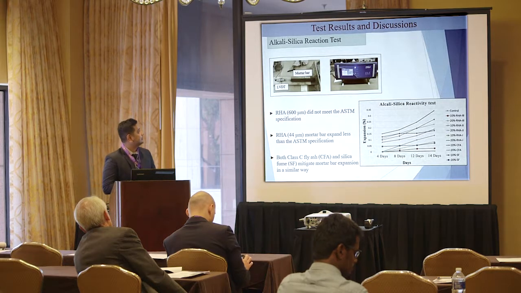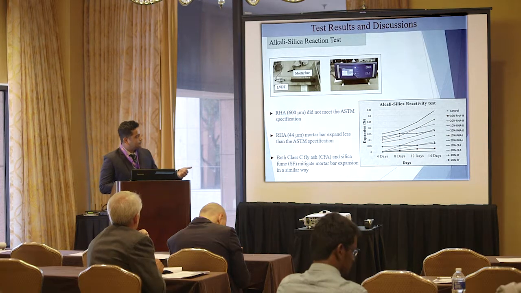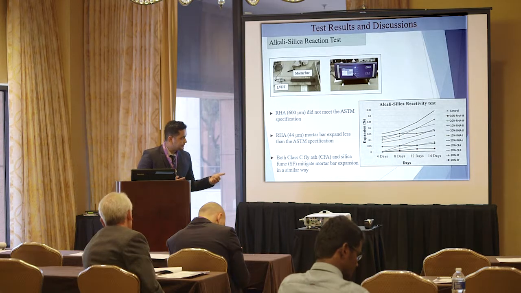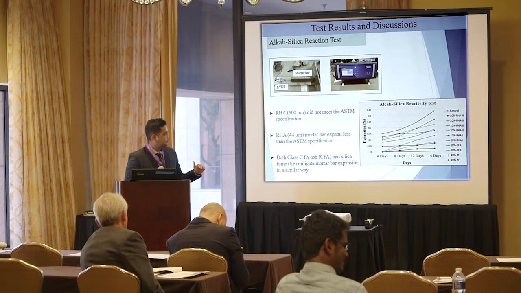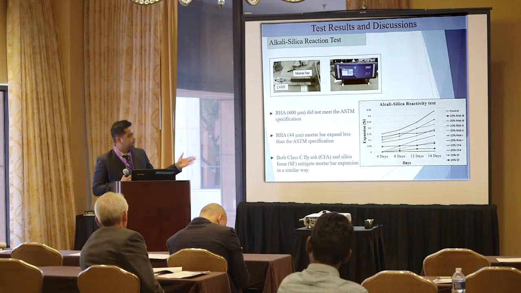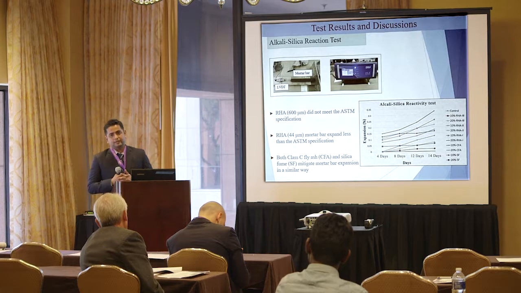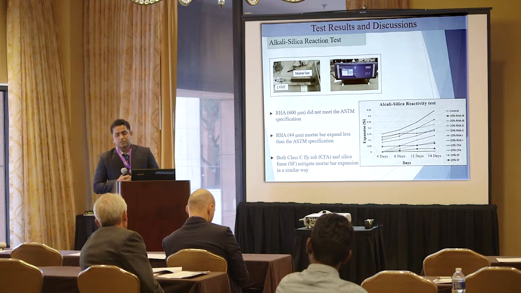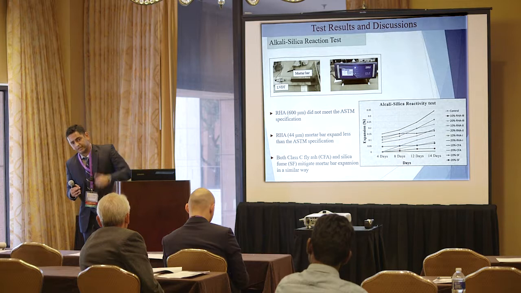And this is the alkali silica reaction test. From the graph, we can see that 10% RHA3 shows less expansion in the presence of alkali. And this also means that if there is alkali in the concrete, using this finest RHA in the concrete mix will reduce the premature distress.